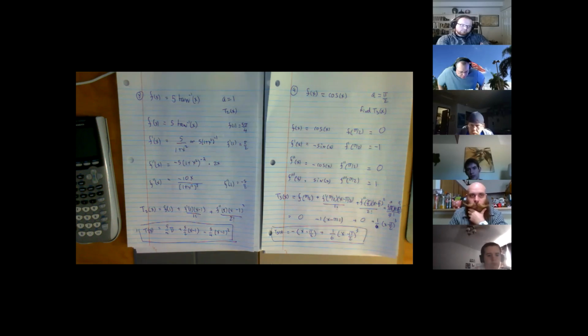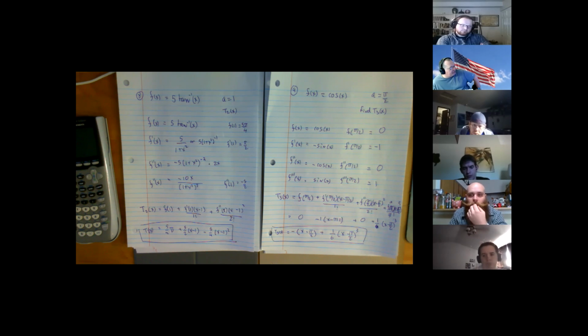So if I gave you any reasonably normal function, not some ridiculous messy thing with 2 levels, would you feel comfortable about the process of finding T2 of x or T3 of x at x equals 0 or 1 or pi upon 2? Feel comfortable with that? And anything else that may or may not be asked, you're just going to ignore, right? You're going to put 42 or something just to fill the box up.